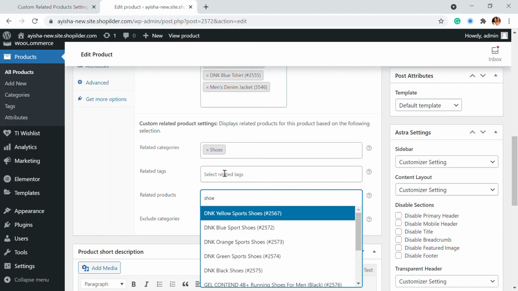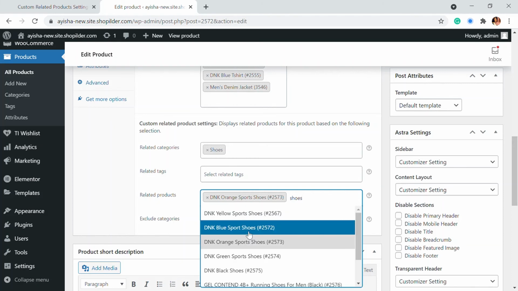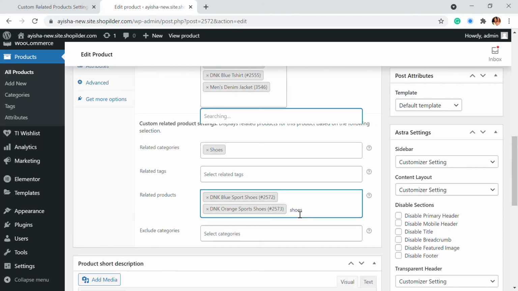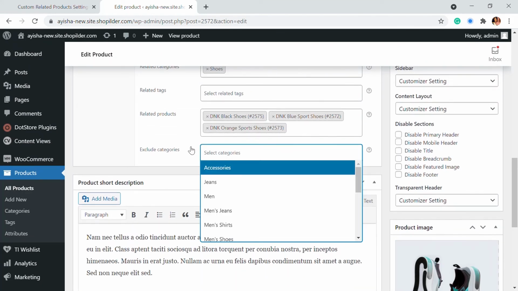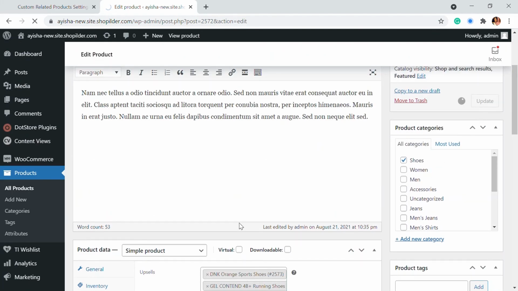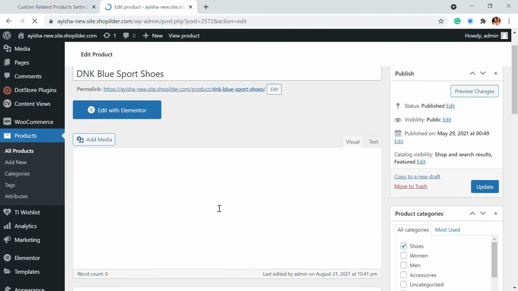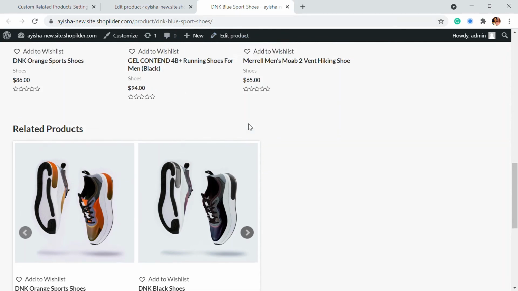If I click for shoe, I'll add a few more shoes, so only these products will be available. If you want to exclude any category in this particular product, you can also add that. If I update this, I have given three related products. When I view the product, you will be able to see the related products I added in that section are now available.